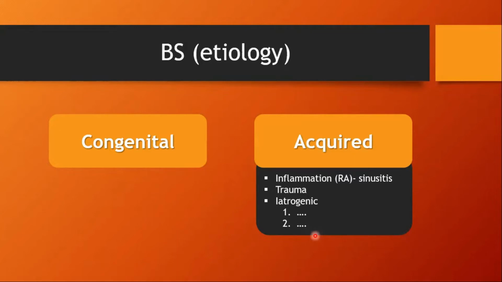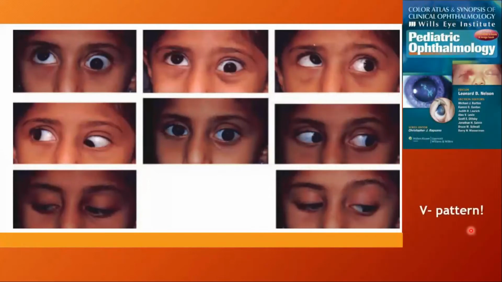The point here is that when you ask about the etiology, first you have to say we have congenital and we have acquired, because the case could be an acquired Brown syndrome. So here I wrote V pattern, but I didn't have time to look for a case that shows V pattern in Brown syndrome, but this is the most described pattern in Brown syndrome. Unfortunately, I got this composite photo from this book, but he didn't incorporate the down gaze, so we can't judge.